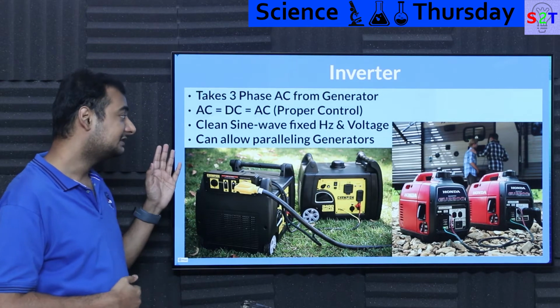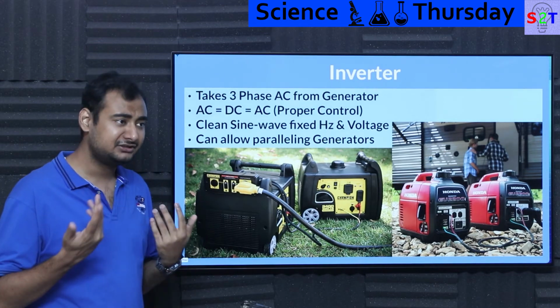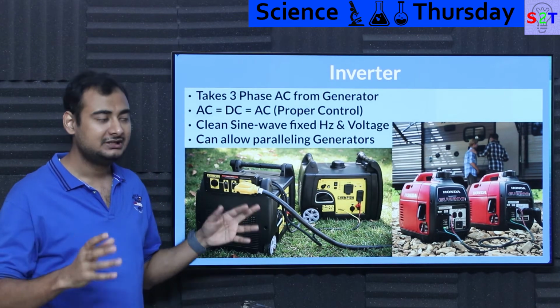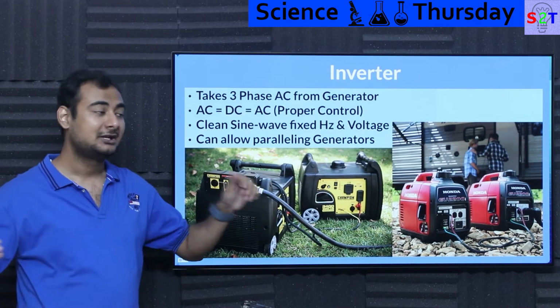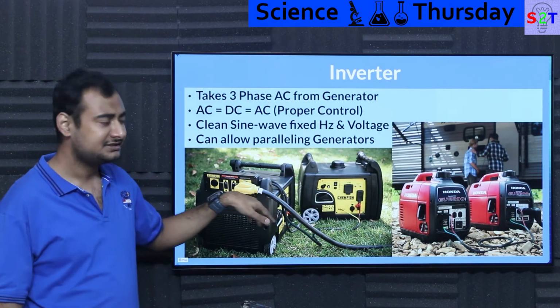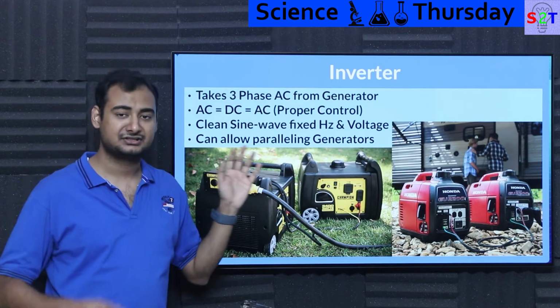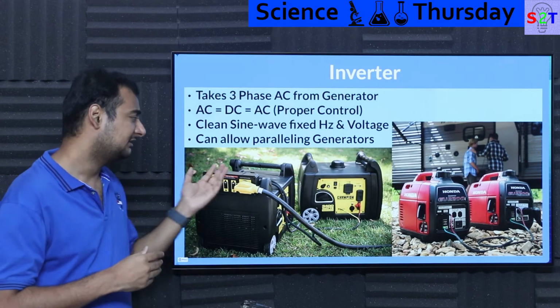So it can even allow paralleling of generators depending on how it's built. Some generators could literally have what we call a grid tie inverter topology, where they sync multiple of them, or sometimes you will have a direct bypass where they bypass the inverter on one and dump that energy into the second generator, and then the second generator is just converting at a higher load. Now you're like, why the heck would you want to